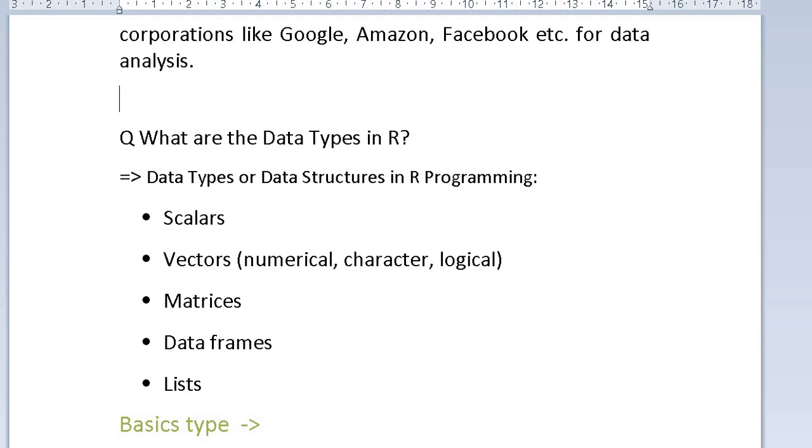And matrix, we create a matrix 2 by 2, and then data frame, that we create the data frame. How to create the data frame I will explain you, and list, we know everybody that how to create the list.